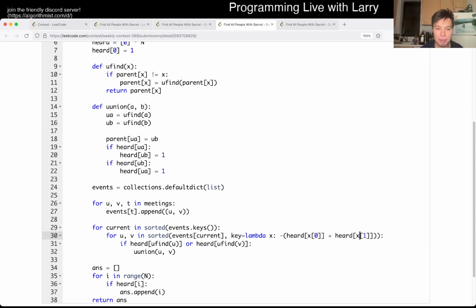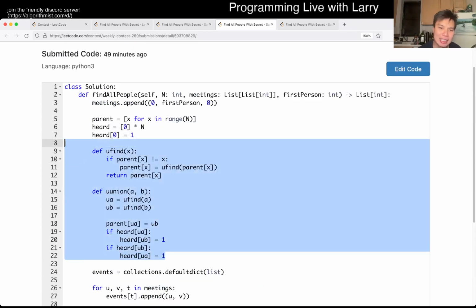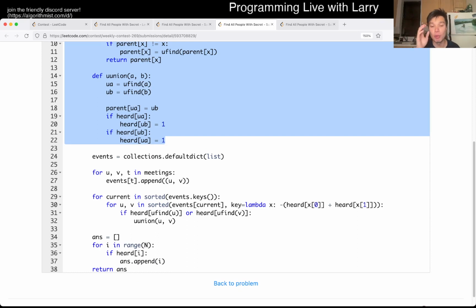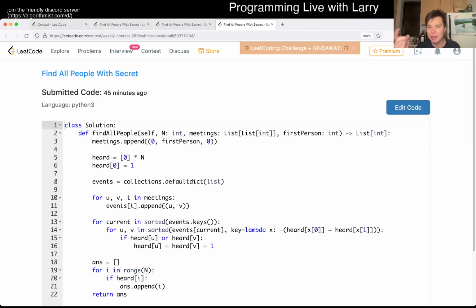Unfortunately, this is wrong, but I actually used union find, which is unnecessary. In the process of debugging, one thing I would say is that I did get a hidden input wrong answer. That took a long time, because I am, to be frank, a little bit out of practice with hidden inputs. I had to take a long time to come up with a solution in which my code was wrong, and then implementing it was easier after that. But I'll explain what I mean in a second.